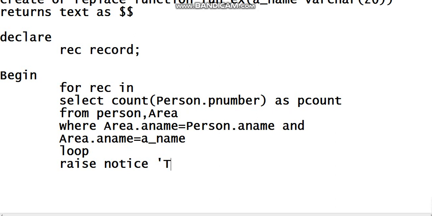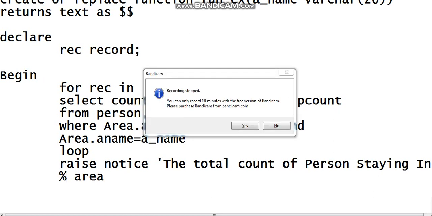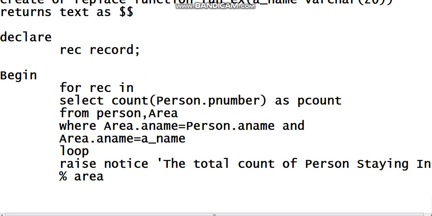So here: the total count of persons staying in percent area is, again percent, single quotes complete, then comma.